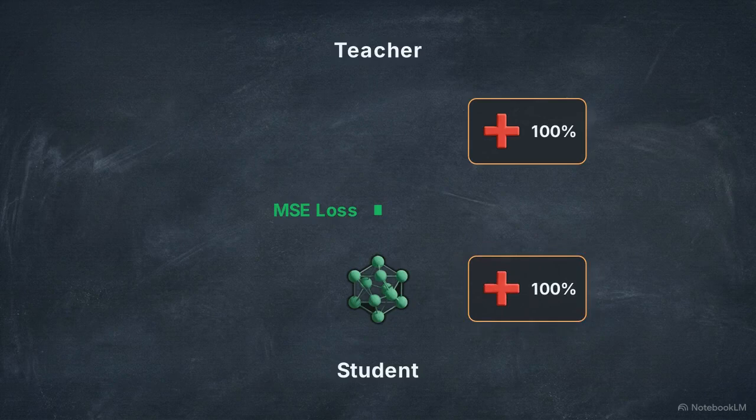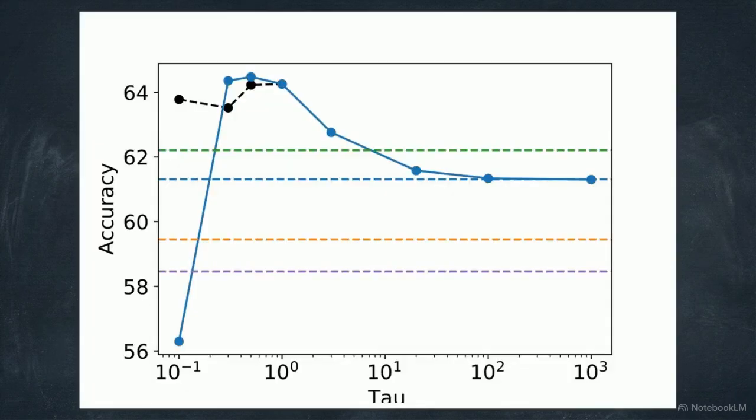perfectly memorize that mistake. This chart maps test accuracy when 40% of the training labels are randomized noise. On the right side, the dashed green and blue lines represent direct MSE and high-temperature KL divergence. Both suffer severe drops because they flawlessly transfer corrupted noise. Look at the peak of the solid blue line on the far left. The maximum accuracy in a highly noisy environment is achieved using KL divergence at a very low temperature, a tau